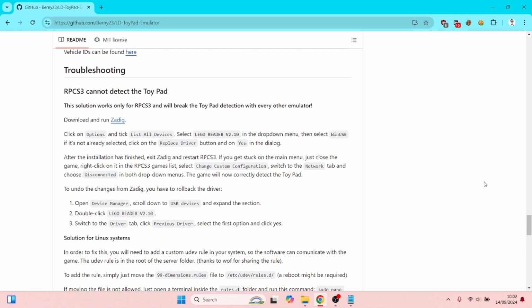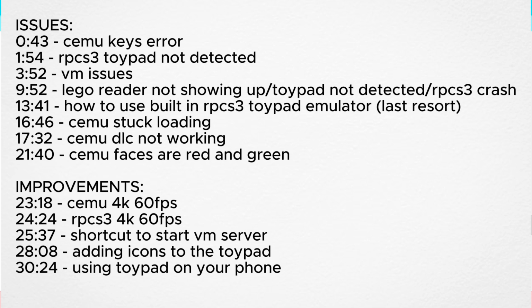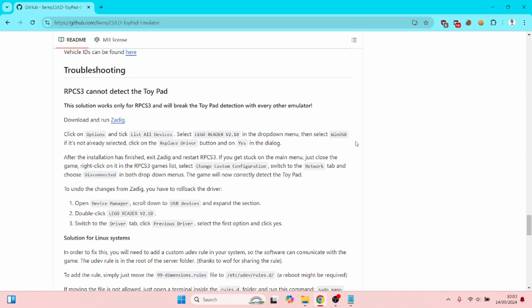As the title suggests, I'm going to be demonstrating how to fix various bugs and issues you'll encounter or may encounter while trying to set up LEGO Dimensions on PC using the toypad emulator or just the built-in RPCS3 Dimensions manager. And just to clarify, this is not a tutorial on how to set up the toypad emulator or just